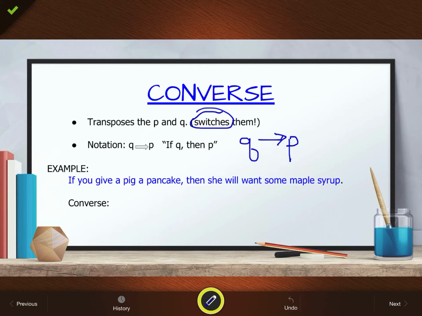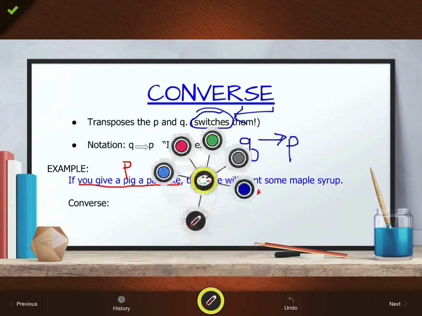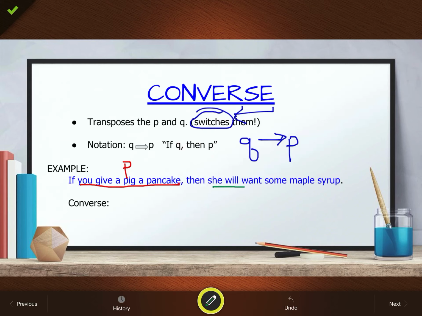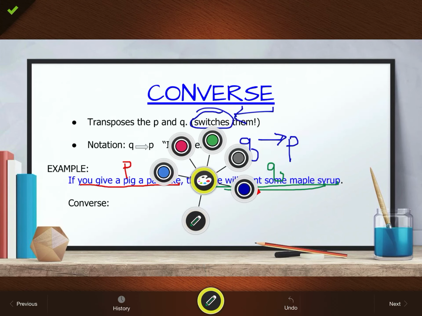This tells me I need to switch my P and Q, my hypothesis and conclusion. And if you need to, starting out, you can label your parts. You give a pig a pancake. That is my P, my hypothesis. She will want some maple syrup. That is my conclusion. And I'm actually going to switch them to write my converse. So my converse is going to read